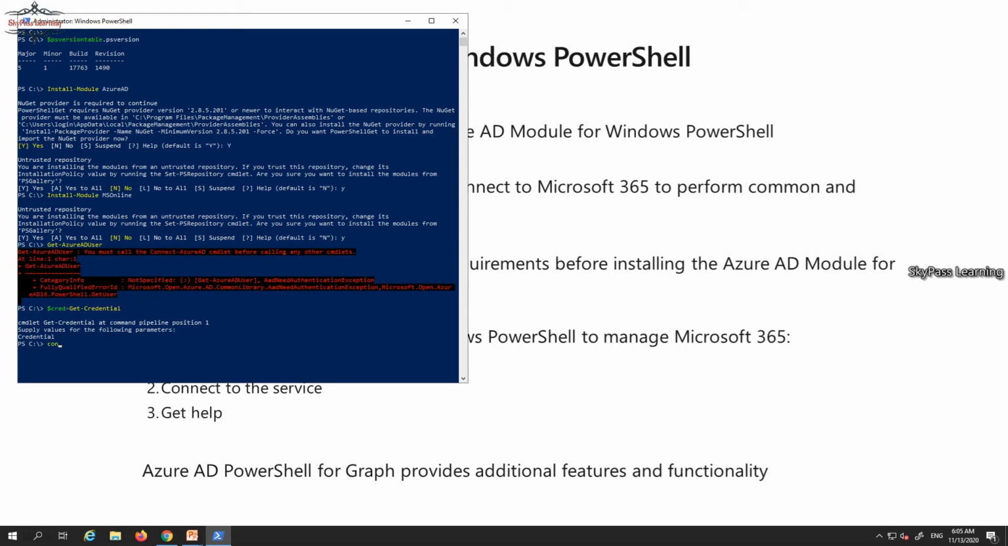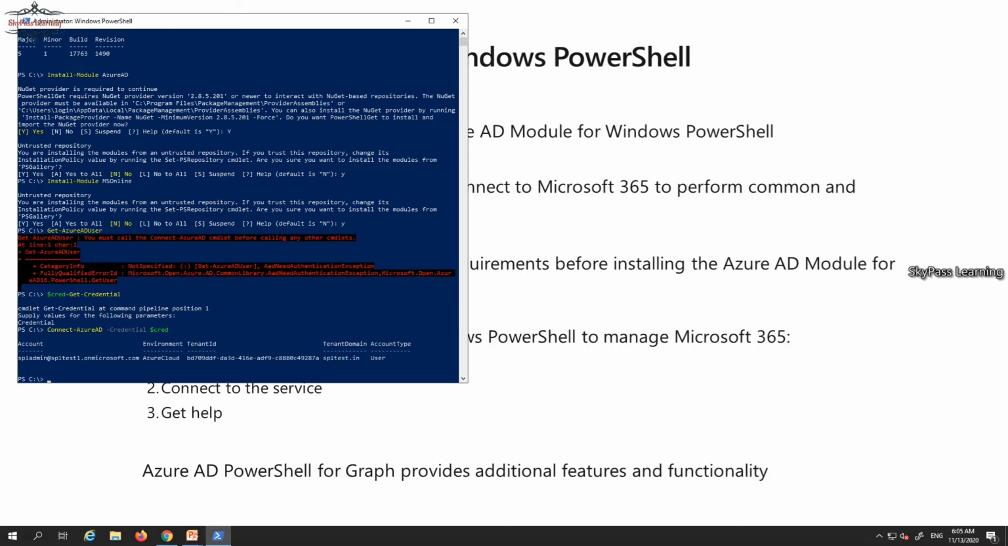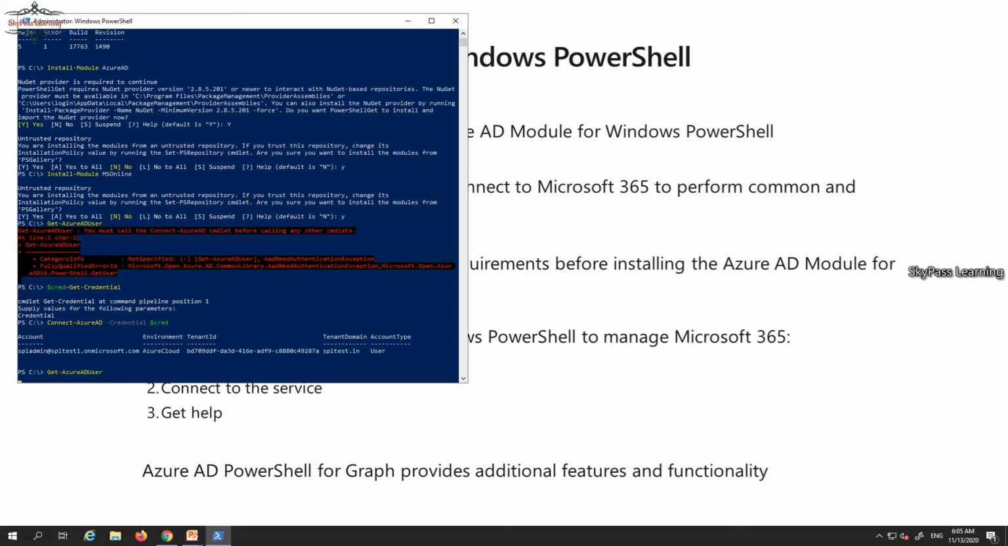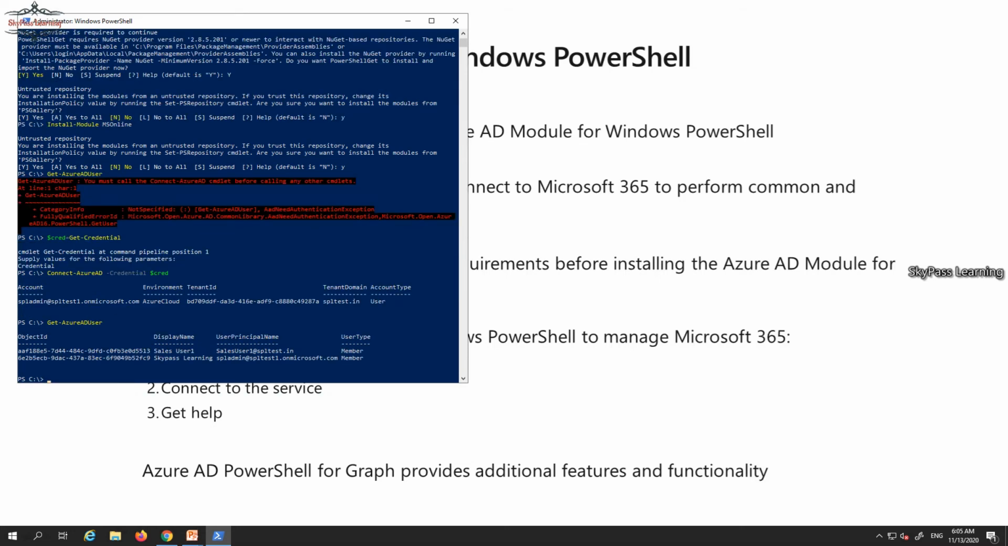Connect-AzureAD -Credential, and now I'm just entering the variable name. So what it will do, it will connect it. Okay, now it's connected with this domain account. I will rerun the same command which I had done. Okay, Get-AzureADUser. Now you can see these two accounts which exist in the environment here in my